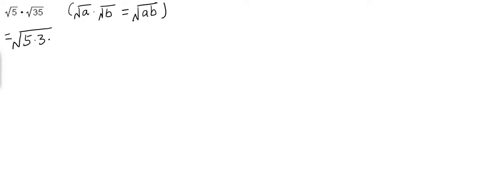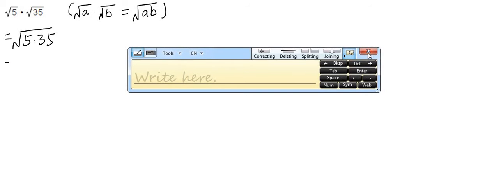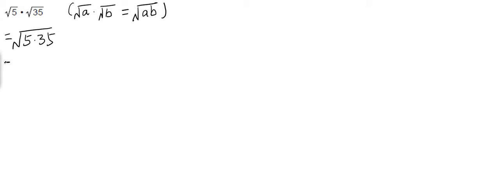First of all, we know there is a common formula. For example, square root of a times square root of b should be square root of a times b. Now for this one we can easily follow the formula: 5 times 35. So we have two numbers, 5 and 35. In order to simplify these two numbers, we're gonna